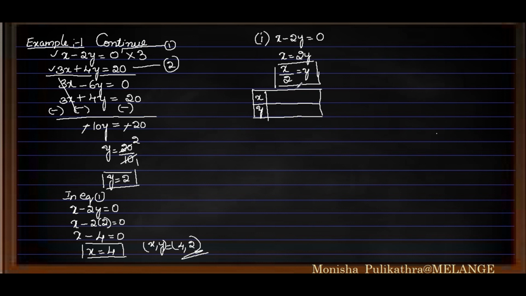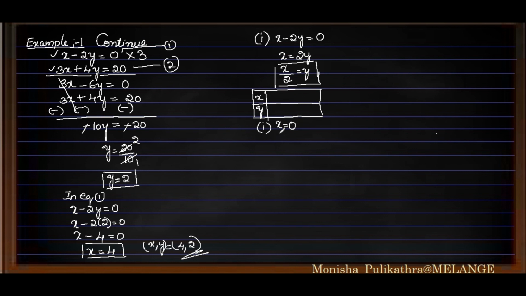If it comes in decimal points, it will be tedious for you to plot on the graph sheet, right? So make sure you substitute only those numbers. By dividing or multiplying, you have to get a whole number itself. Okay. In the first case, I will be substituting x is equal to 0.